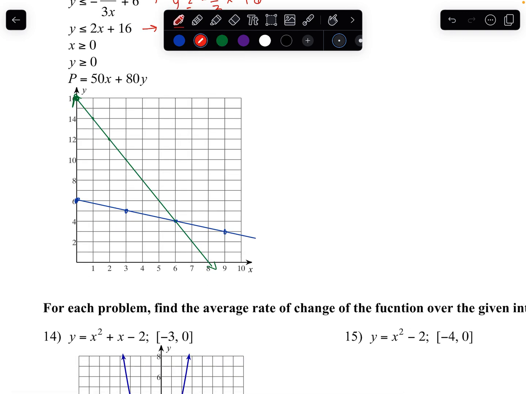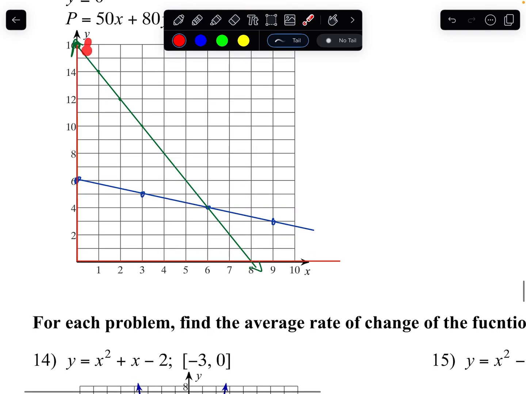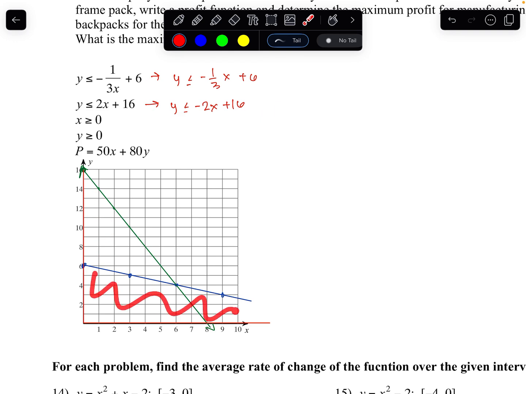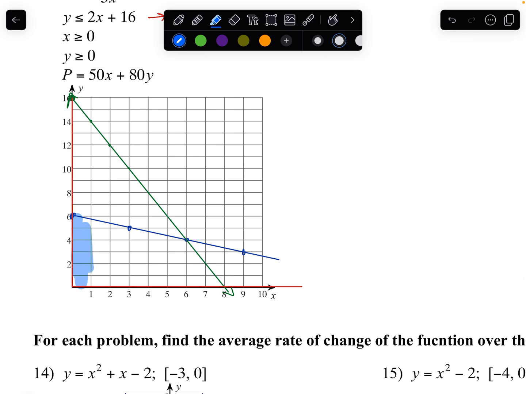And don't forget that we had x is greater than 0, y is greater than 0. So think about the shaded region that we would have had. Everything has to be to the right of the y-axis and above the x-axis. Everything has to be below both these lines. So below this line right here and below this line right here, meaning that this is our shaded region. Okay, so if that's our shaded region,